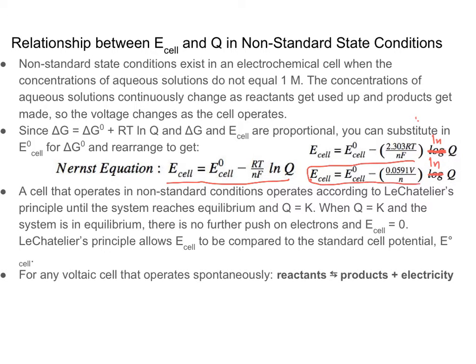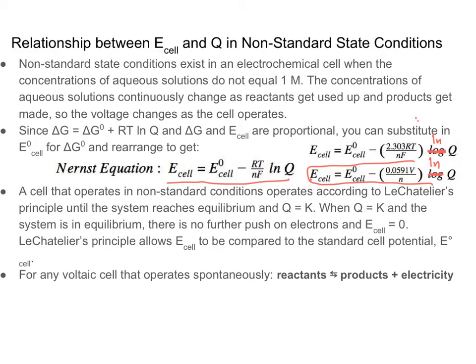The 0.0591 is a value that you get when you multiply the ideal gas law constant times temperature divided by Faraday's constant. So that's a value that you don't necessarily have to memorize, but it is kind of a shortcut for the future. Also, other things to remember is the fact that even though they give you